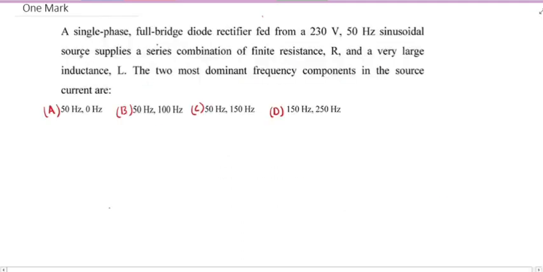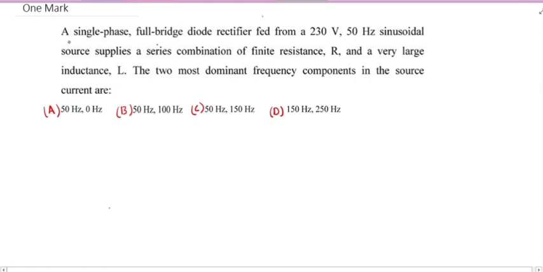This is the one mark question. Let us read the question once. A single phase full bridge diode rectifier fed from a 230 volts 50 Hz sinusoidal source supplies a series combination of finite resistance and a very large inductance. The question is, the two most dominant frequency components in the source current are